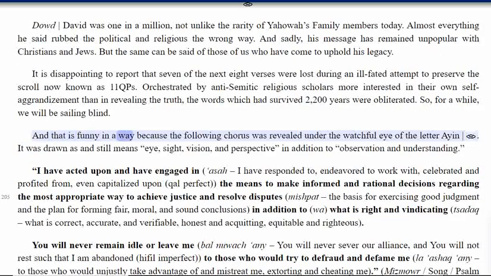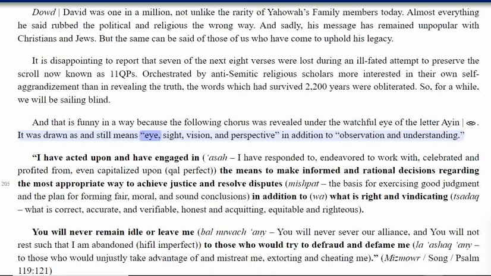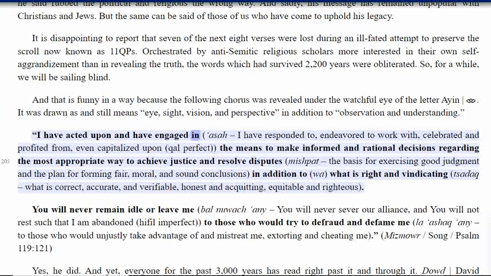And that is funny in a way because the following chorus was revealed under the watchful eye of the letter Ayin. It was drawn as and still means eye, sight, vision, and perspective, in addition to observation and understanding. I have acted upon and have engaged in, asar, I have responded to, endeavored to work with, celebrated and profited from, even capitalized upon, the means to make informed and rational decisions regarding the most appropriate way to achieve justice and resolve disputes, Mishpat, the basis for exercising good judgment and the plan for forming fair, moral,